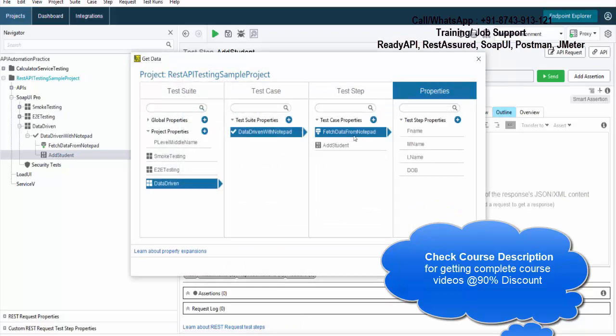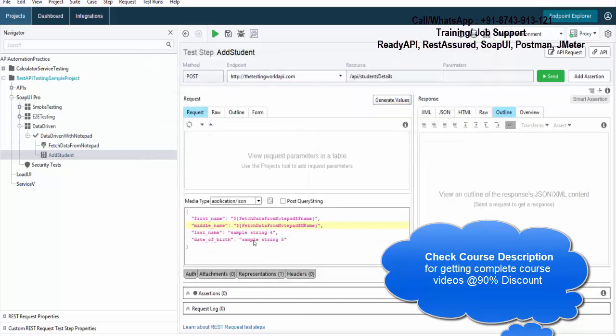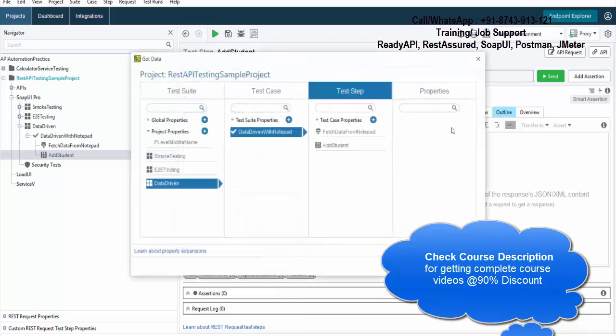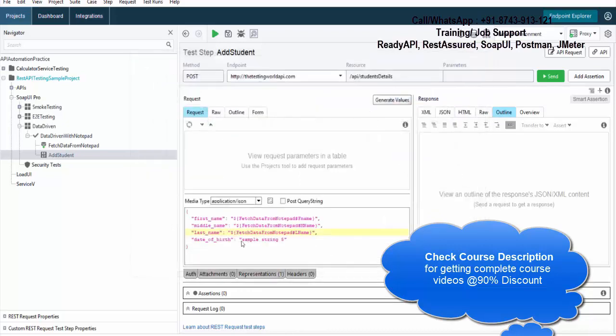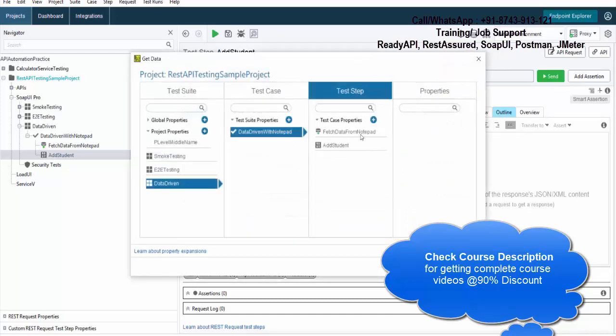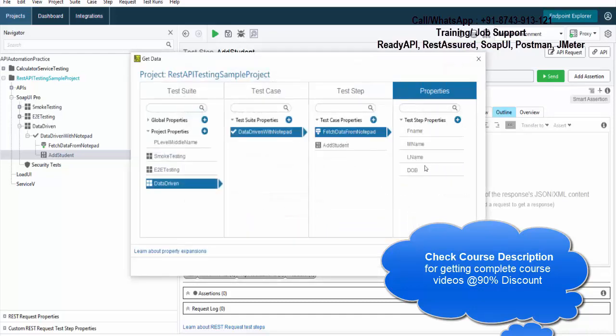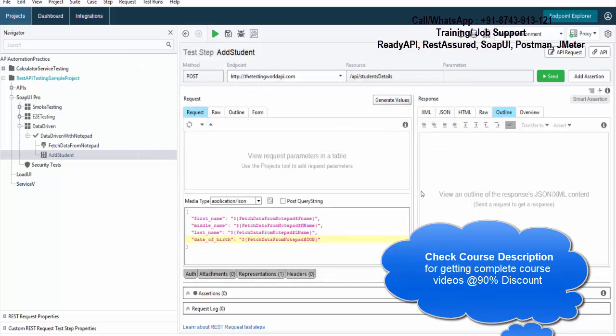That is my data source step, middle name. In the same way, I'll go here, right click, get data, fetch data from the notepad, last name, and last I want to fetch date of birth, get data from DOB. Okay, that is done.